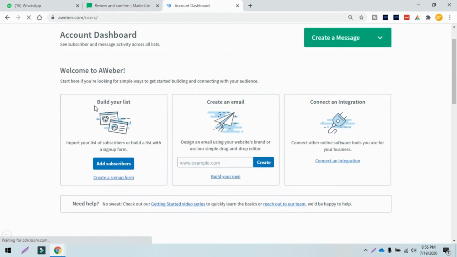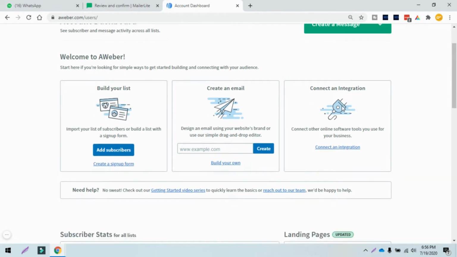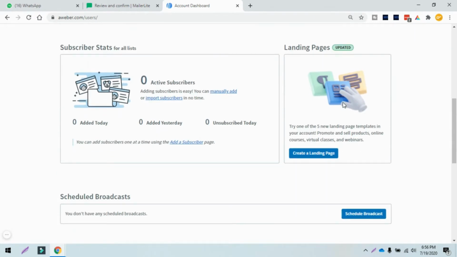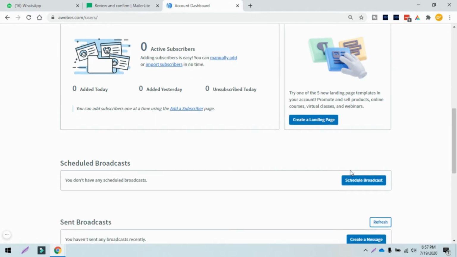Now that you know how to build your list, how you can create templates, and how you can connect integrations, let's go down and see the most asked feature about Aweber, which is landing pages. You can see they have landing pages over here, and it says it is updated. So let's go ahead and take a look.